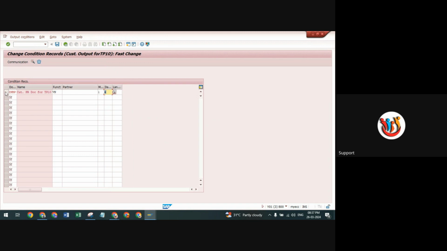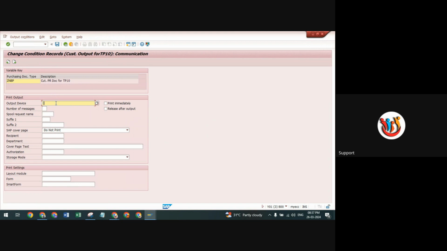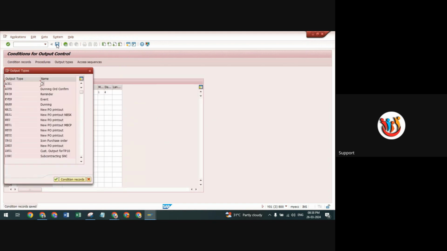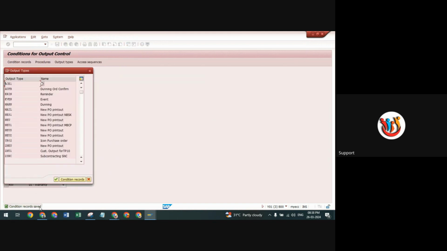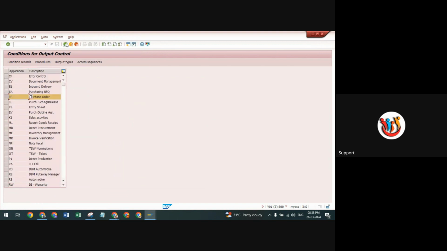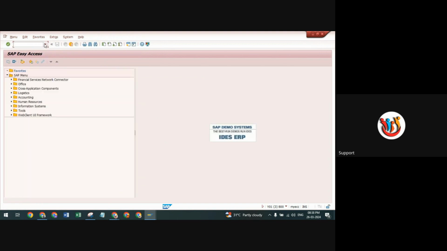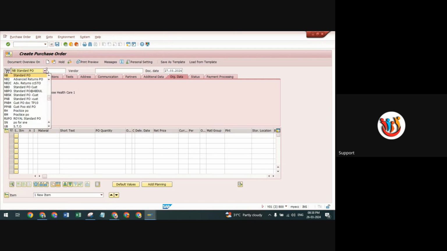Then after that, select your condition record and click on communication. Here you can just assign your output type as LP01, which is the standard print output. Come back and save this condition record. Here you can see the condition record was saved. Click on continue and come back. This is all the customization finished for your output type. Right now it's time to create a purchase order with your customized ZNBP